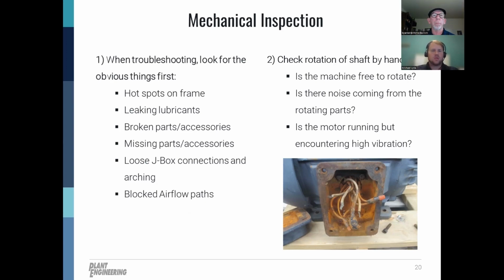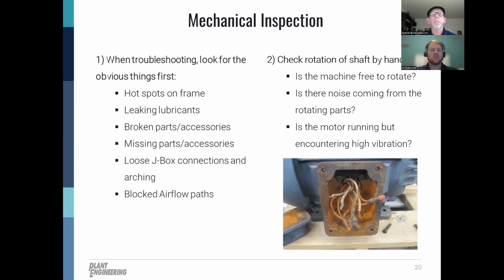And then once you've got this visual inspection, taking into account all these aspects we discussed, once that's performed, go ahead and check your rotation by hand. See if you can actually spin the motor shaft. Is it free to rotate? Some applications, you're not going to be able to rotate the motor shaft when it's coupled to the driven machine. So if you can't check for that, go ahead, uncouple the motor, and then check for a free rotation of